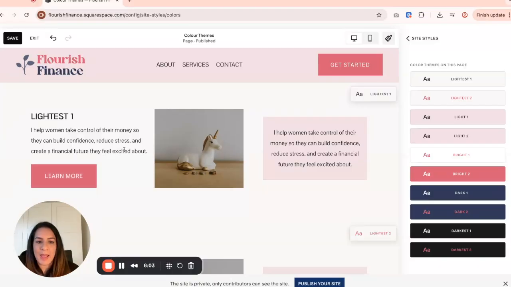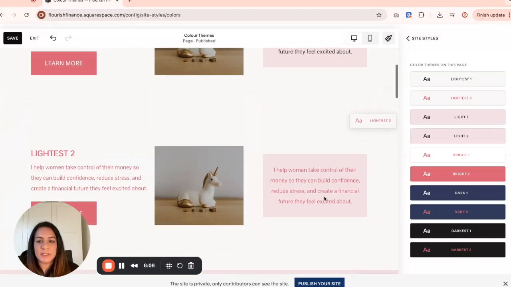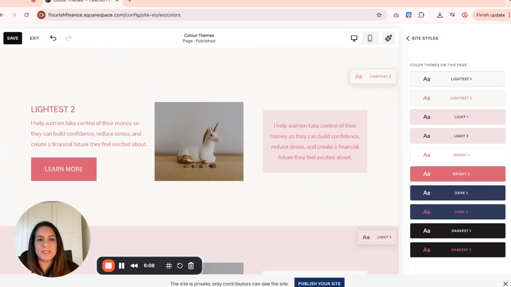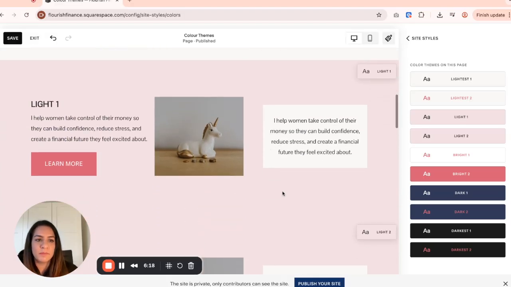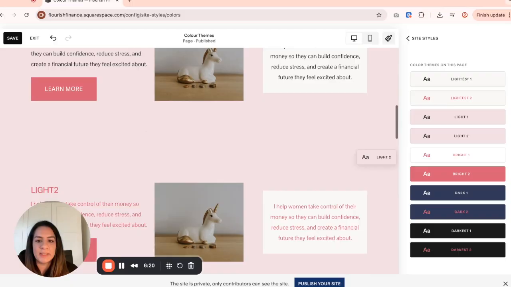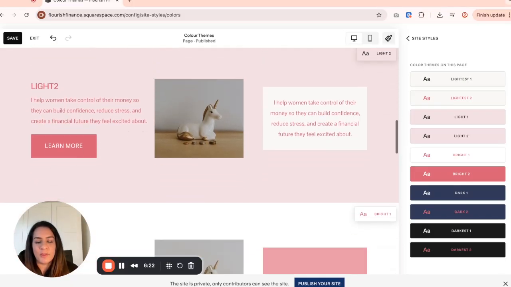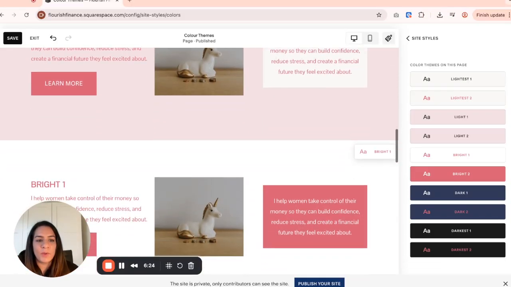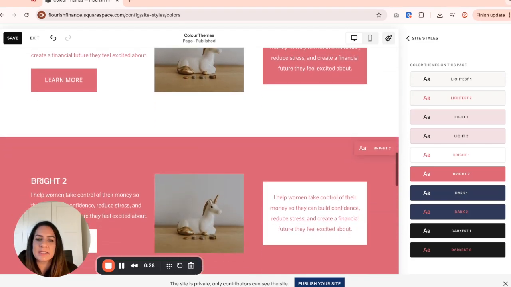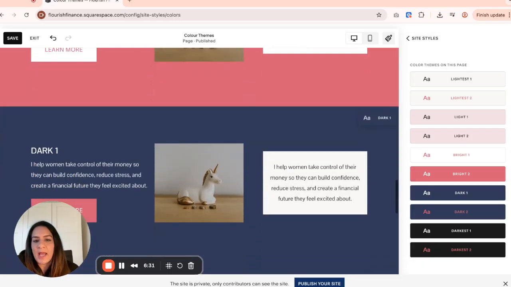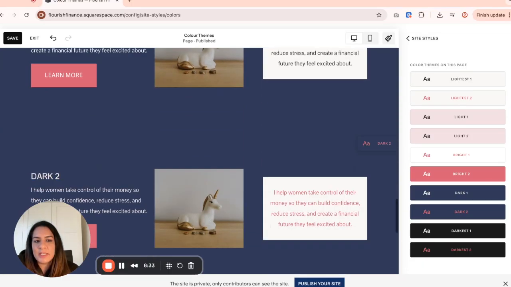the text is black. But if I scroll down, my lightest 2 is similar, but it is different. So the background's the same, the button's the same, but the text is also in this coral pink colour. And as you scroll down, you can see how Squarespace has mixed and matched the colours that I've put into my palette to create different colour themes, but also they're all very cohesive. So the colours work well, you can read the text, the buttons stand out, and they're all very easy to